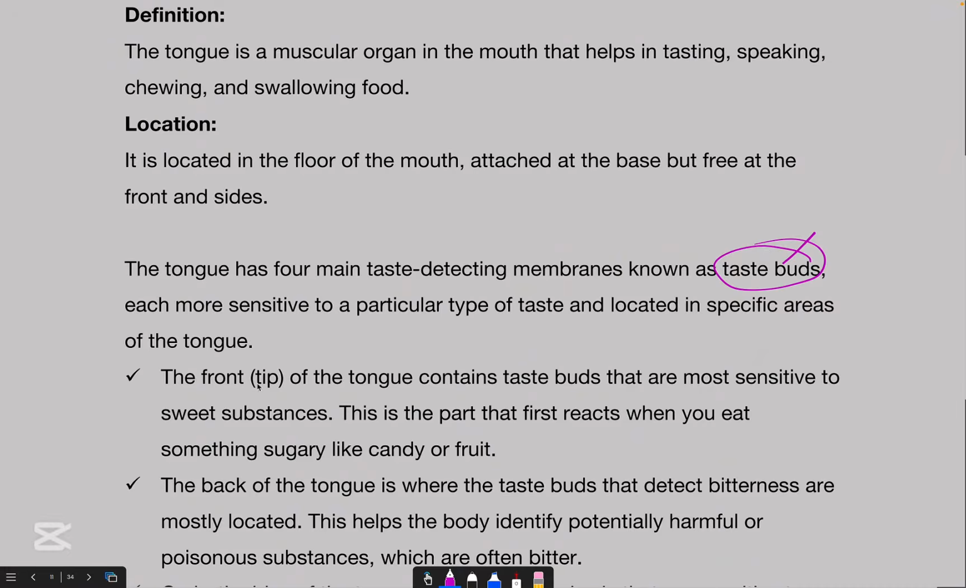All right. Now, the front tip is most sensitive to sweet things. That is why if you want to taste something sweet, you need your tongue to taste that. Are you getting it? Especially those of you that buy cake. This cake is sweet, or you lick ice cream. You use your tongue to lick ice cream. Why? Because that front part of the tongue is what tastes